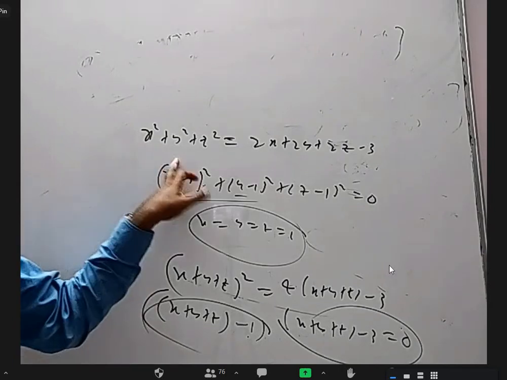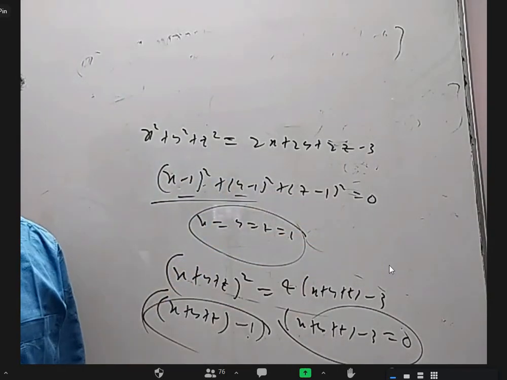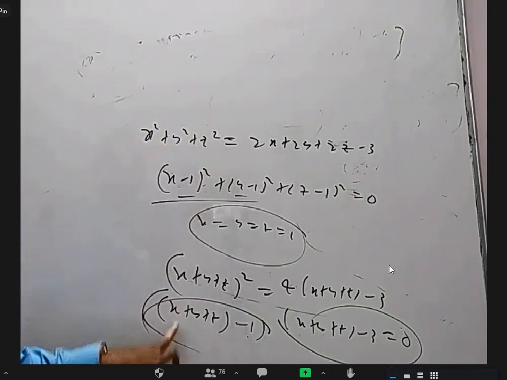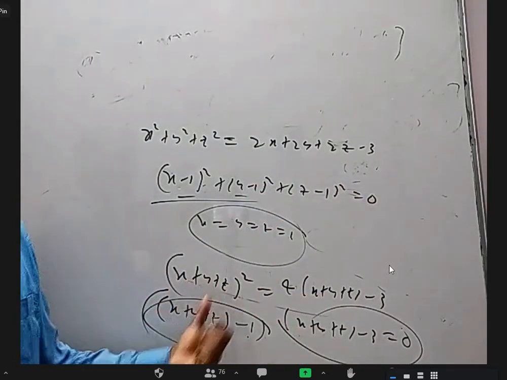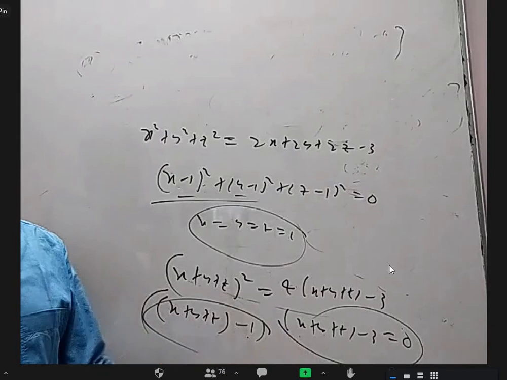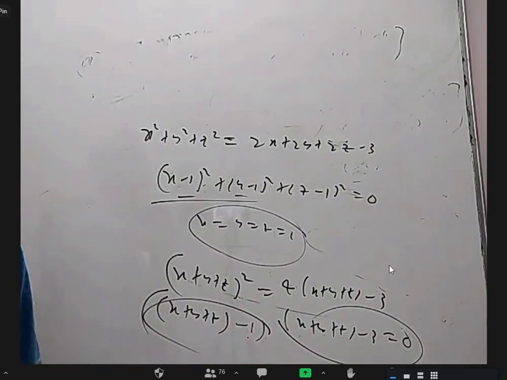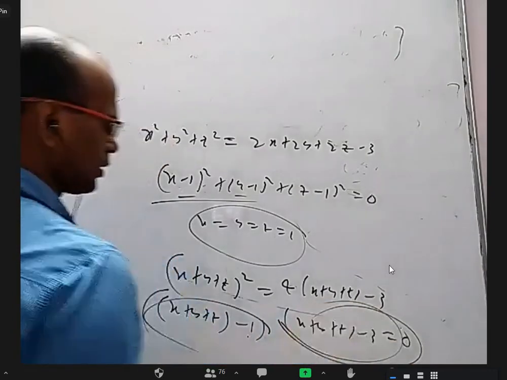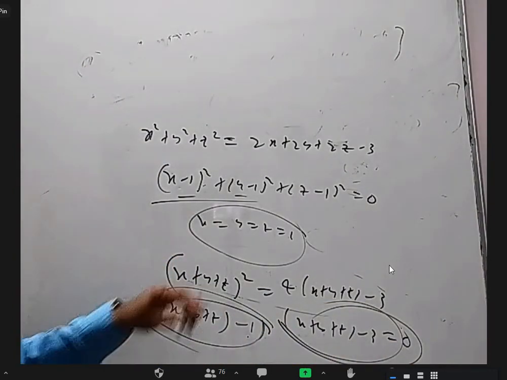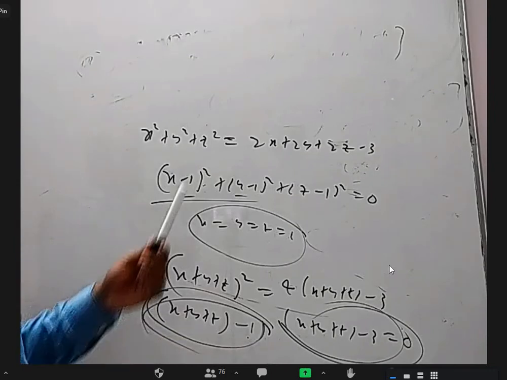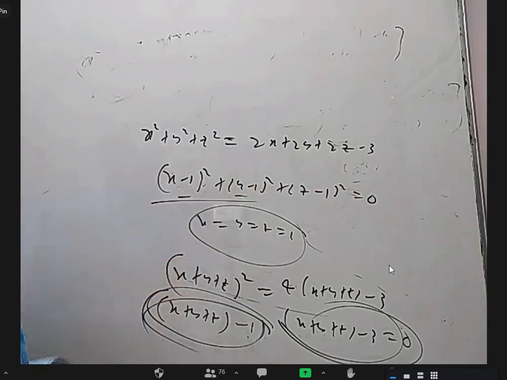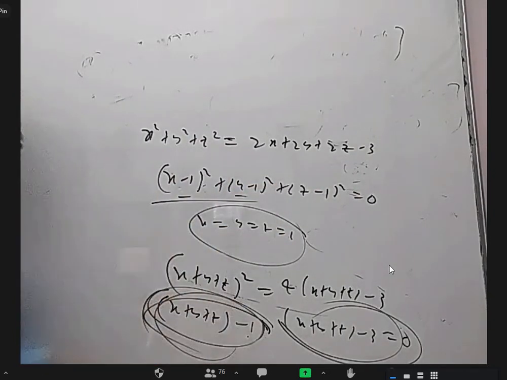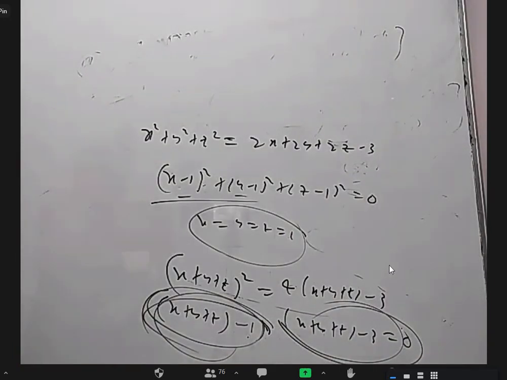You want me to add 2x plus 2y plus 2z on both sides or not? Yes, sir. Okay, I added 2x plus 2y plus 2z, that became this one: 4 times (x plus y plus z) minus 3. Bring this side. This is a quadratic equation in terms of x plus y plus z. I wrote like this. Either this value is 1 or 3, right? Yes, sir. But why is it only 3, why not 1? We will not be able to give an explanation now, because here x, y, z are real numbers. That's why when the sum of the squares is 0, they all must be 0. But in complex numbers, we'll get some other cases. I think equal to 1 will come at that time. Is it okay? Yes, sir.